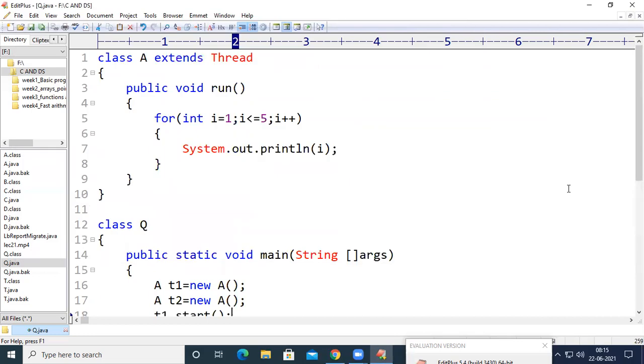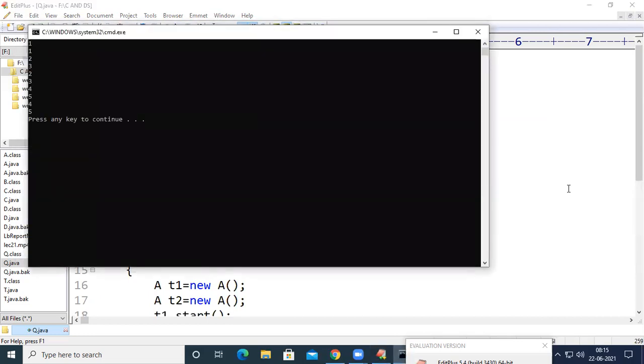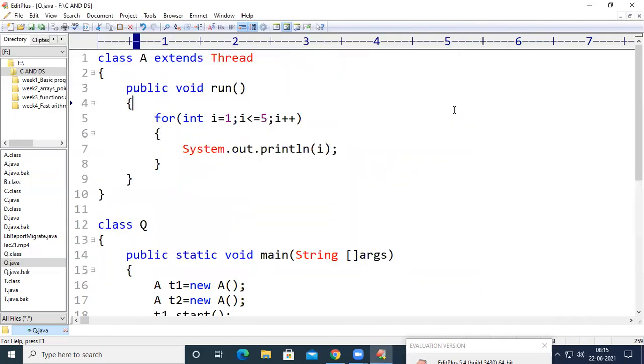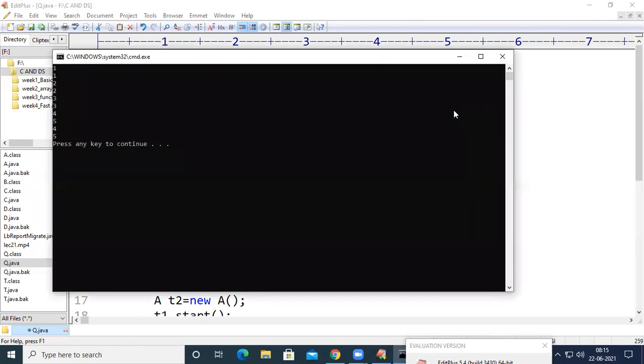depending upon the CPU scheduling algorithm, we may get a different output. See here, I got 1 1 2 3 2 3 4 5 4 5, and if you execute it again, I'm getting 1 1 2 2 3 4 4 5, and if I execute it again, I may get a different output, 1 1 2 2 3 4 5 4 5.